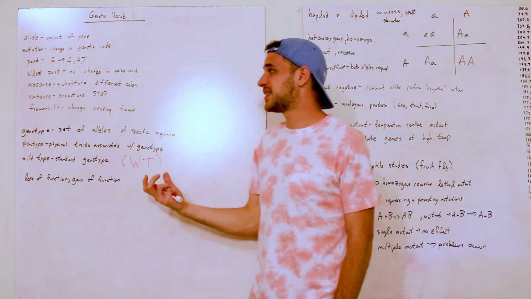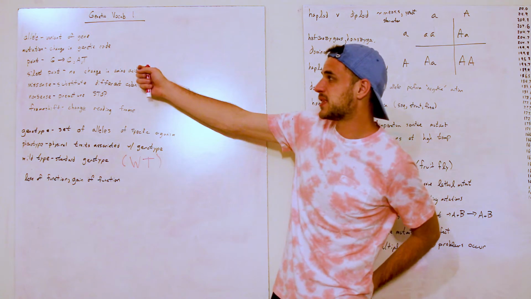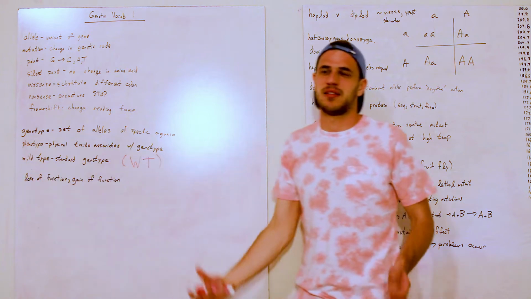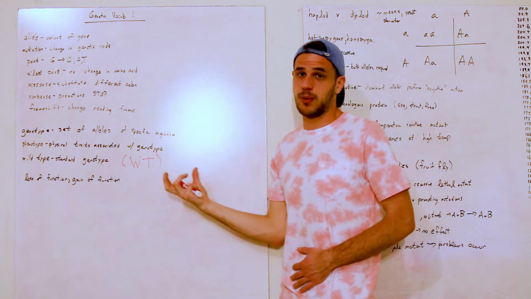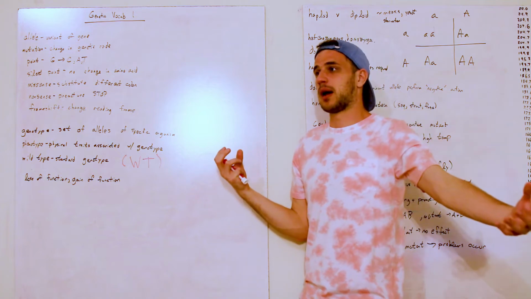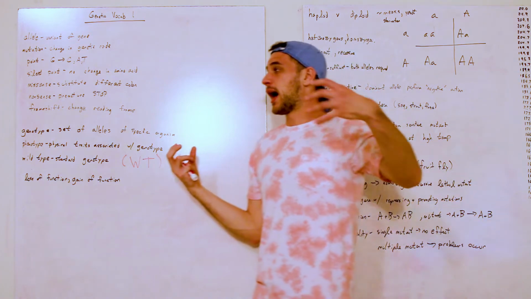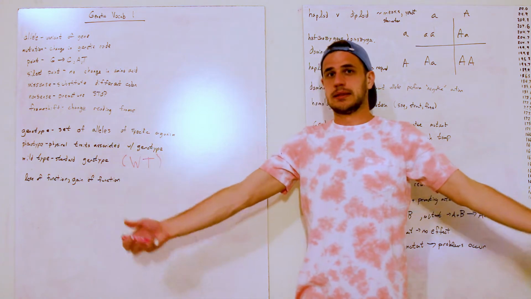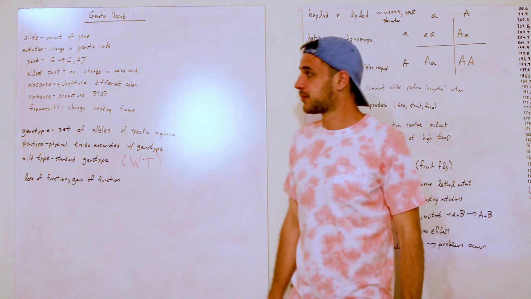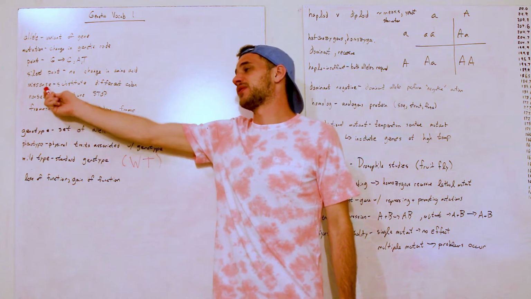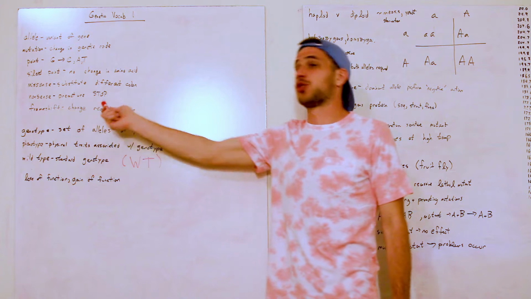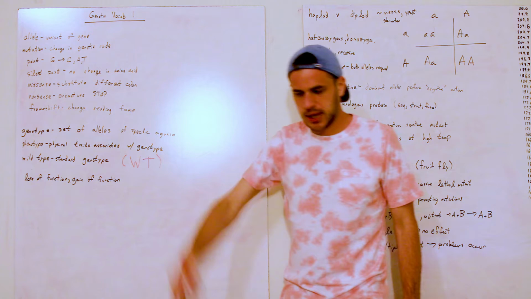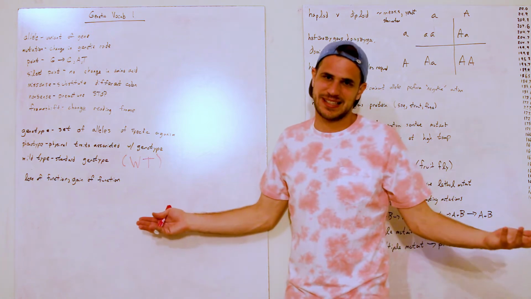Then you have a missense mutation. So essentially the opposite of a silent point mutation, where you substitute a different codon. So instead of having the same amino acid be translated, you have a completely different one. So instead of having alanine, you now have arginine. Yikes, that's not good. And then you have a nonsense mutation, which is a specific type of missense, which essentially has a premature stop codon. So instead of continuing on and making a full-length protein, you truncate it short and you get some bad, unfortunate thing.